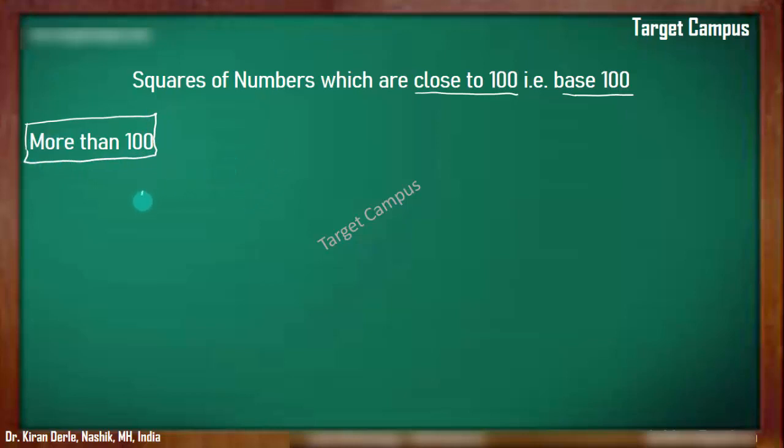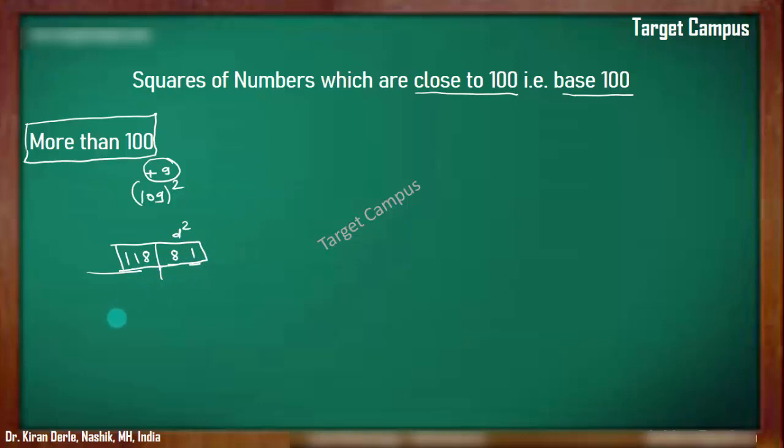Say for example, if we are asked to calculate the square of 109. As the base is 100, 109 is plus 9 from 100. So your answer will get divided in two parts. This part will have two digits and will contain the difference square. The difference here is plus 9, and plus 9 square is 81. This part will be the number plus or minus whatever the difference is. So 109 plus 9 is 118. So this is my square, 11881.